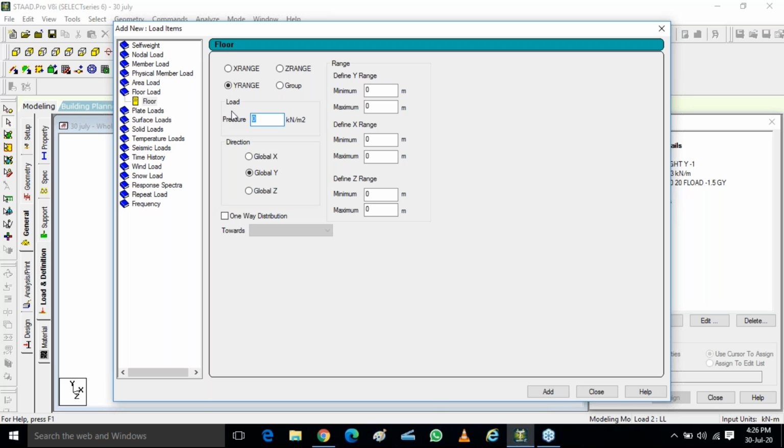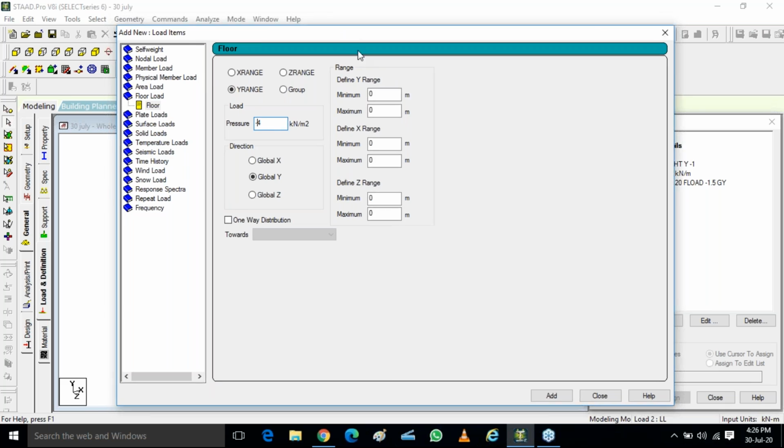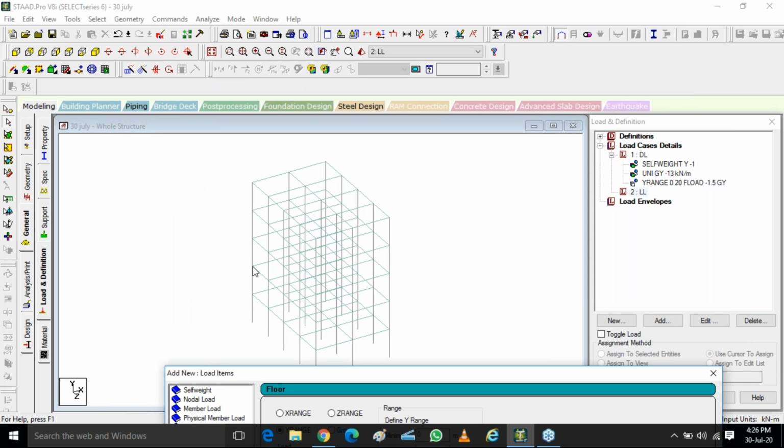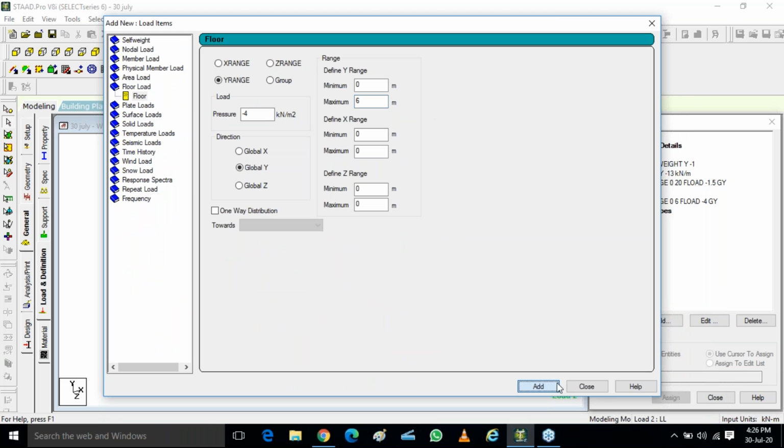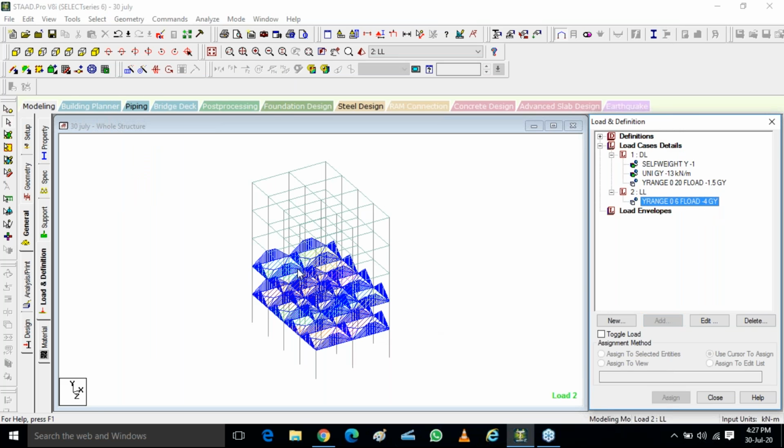I'll give a floor load of minus 4 kilonewton for the restaurant. And what Y range I'll use, from 0 to how much? It is 6 meters. I need to give 0 to 6 meters. And I'll just go to add. Live loads are automatically placed.